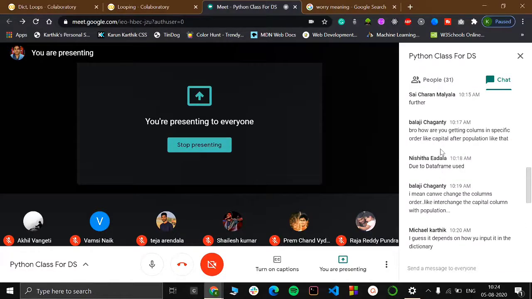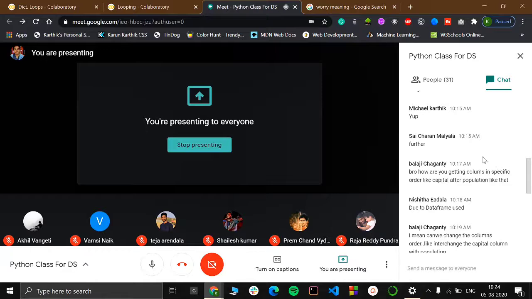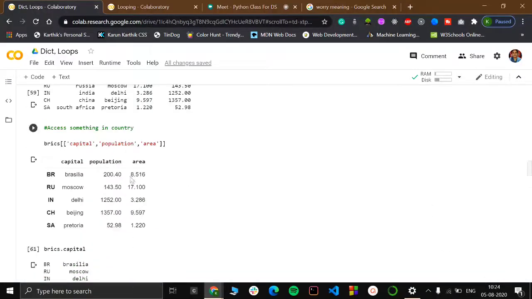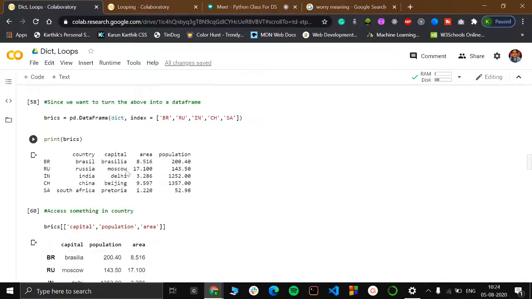Bro, how are you getting columns in specific order like capital after population, like that, due to data frame use? How are you getting columns in specific order like capital after population? Okay, so there is nothing like that. If I give like, wait,